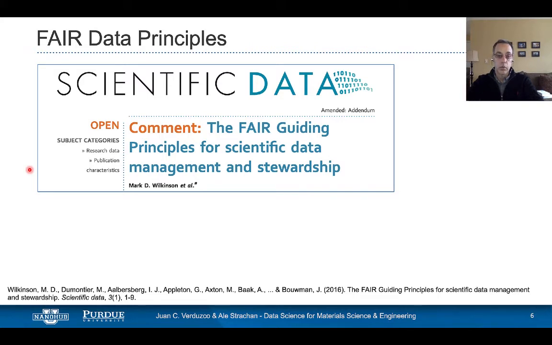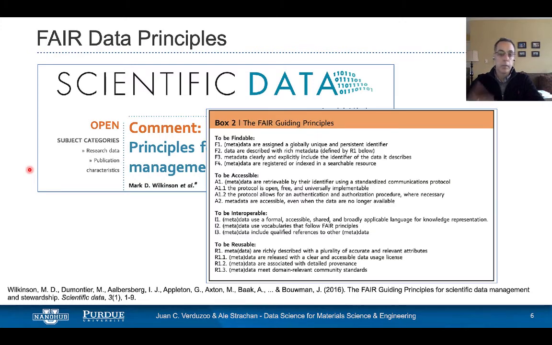It's not written for experts, and it's not about the details of the implementation, but the general principles that all of us can start adopting. In the paper, they go into a little bit more detail into findable and accessible and interoperable and reusable, and how all of these apply both to the data and the metadata.